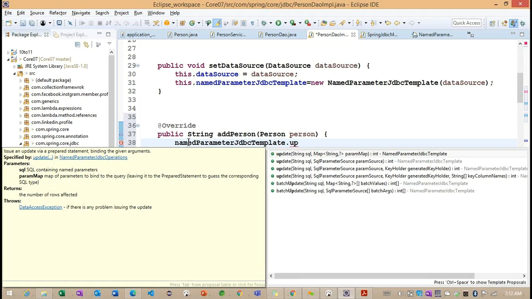But now observe the named parameter JDBC template: the same update method is expecting a map here. String comma map. Now what do you understand here?